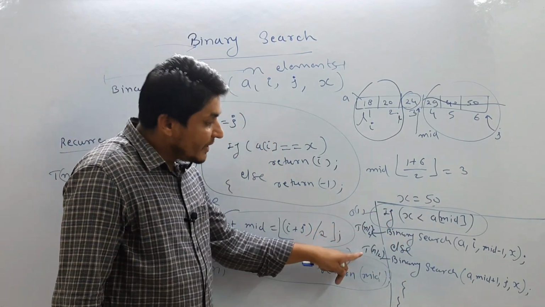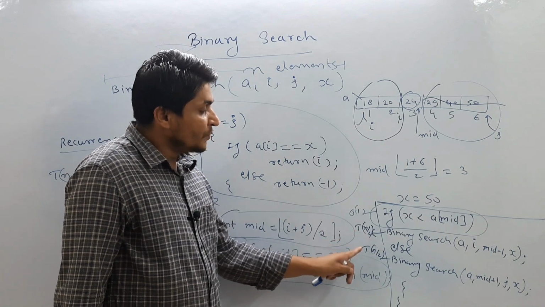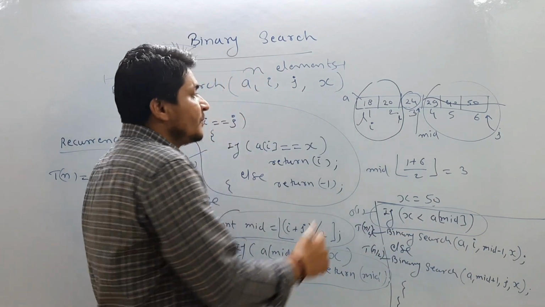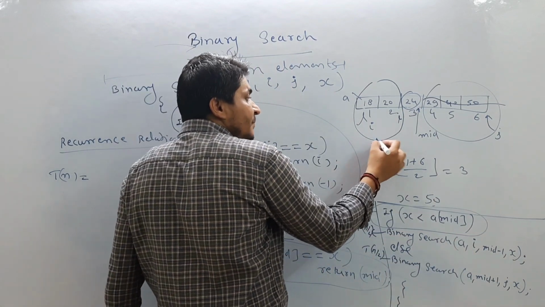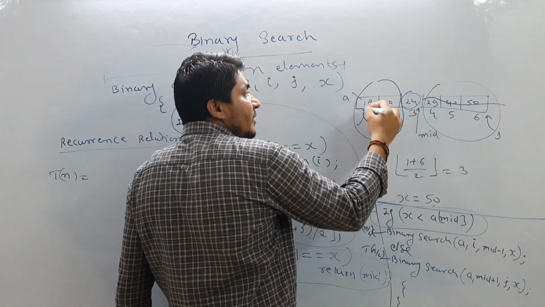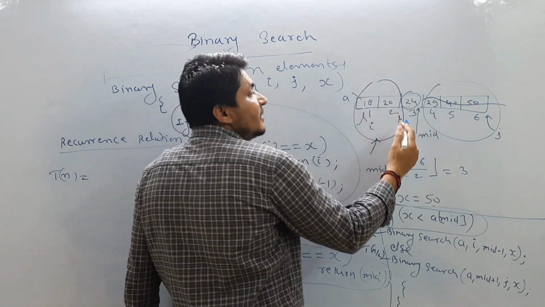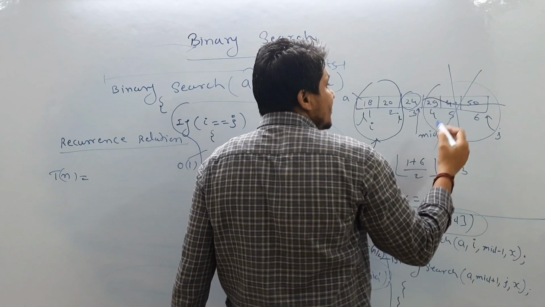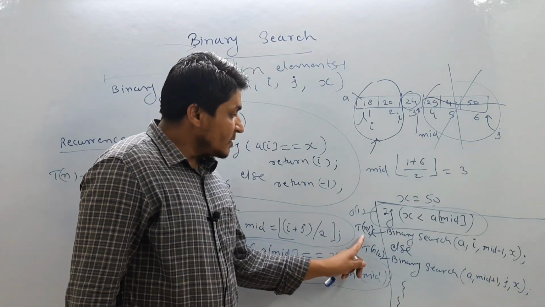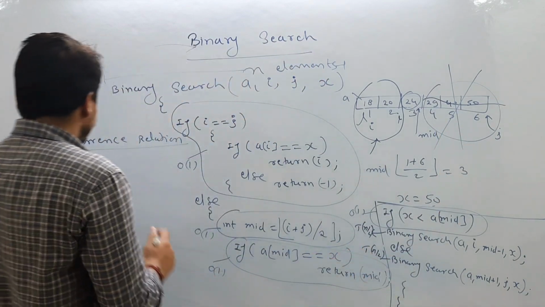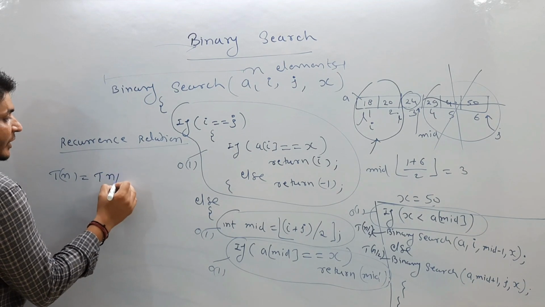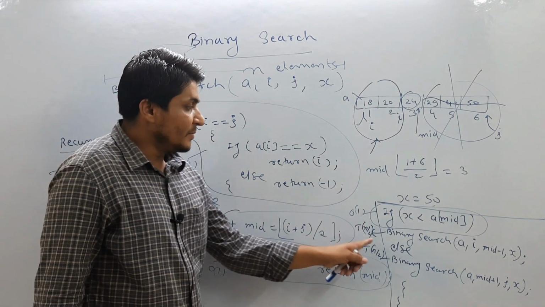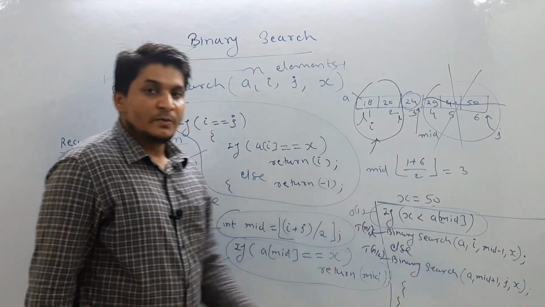Is it 2T(n/2) or T(n/2)? If I call this the recurrence relation, it means that if I apply binary search on this left-hand side, then I am never going to call this part, because I am not concerned with it. So either I will execute this or I will execute this. So let us include T(n/2) only. T(n/2). I will not add both, correct, because I will not call both these statements one by one.